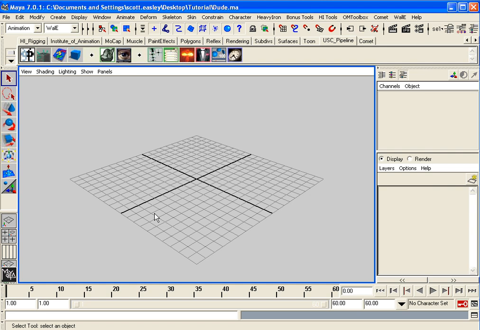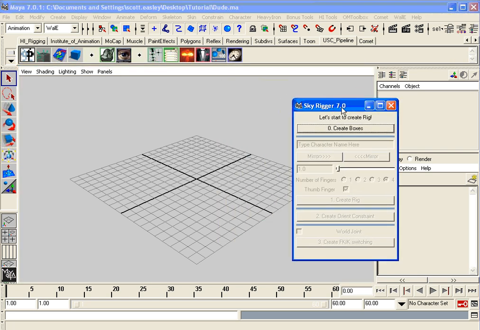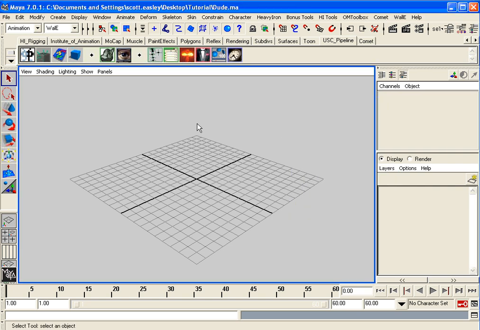Okay, this is the tutorial on the new rigging script that's part of the shelves. You'll find it up here with this icon of the green locators. If you click it, the UI will come up. As of this tutorial, the version was 7. You may have an increased version and the interface might be a bit changed, but the basic premise will remain